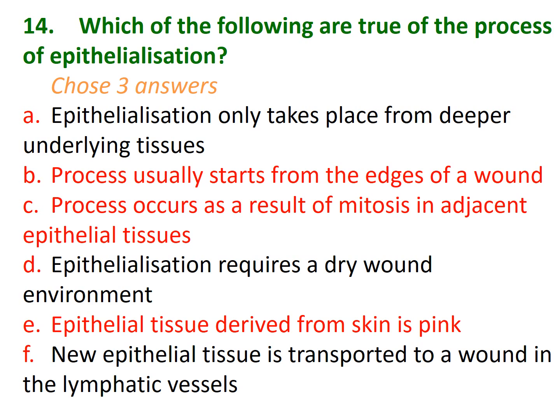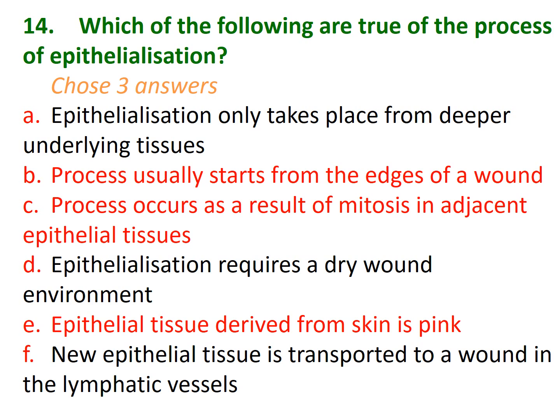Re-epithelialisation can only occur from living skin cells. And normally we're talking about the top layer of the skin, the epidermis. So we need mitosis in adjacent keratinocytes. Or there could be preserved keratinocytes in deep elements within the dermis, such as the sweat glands or the hair